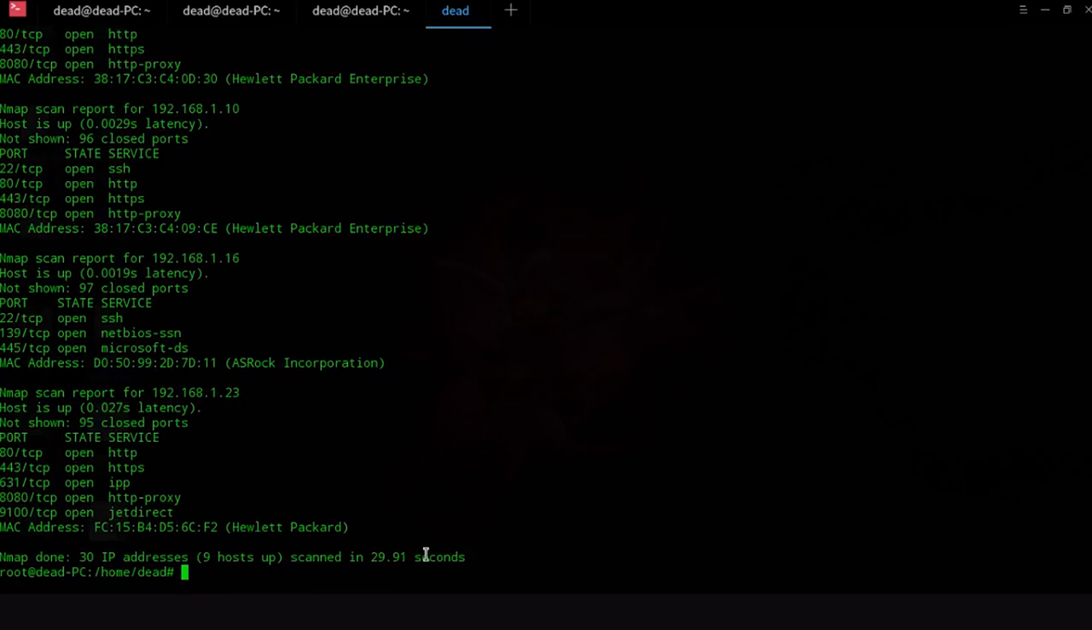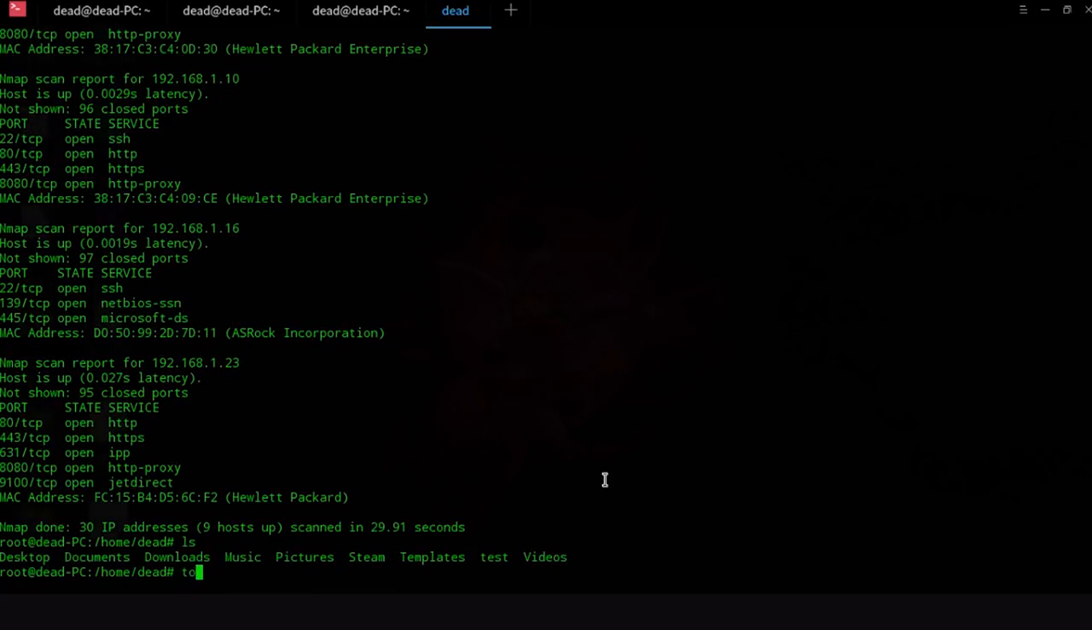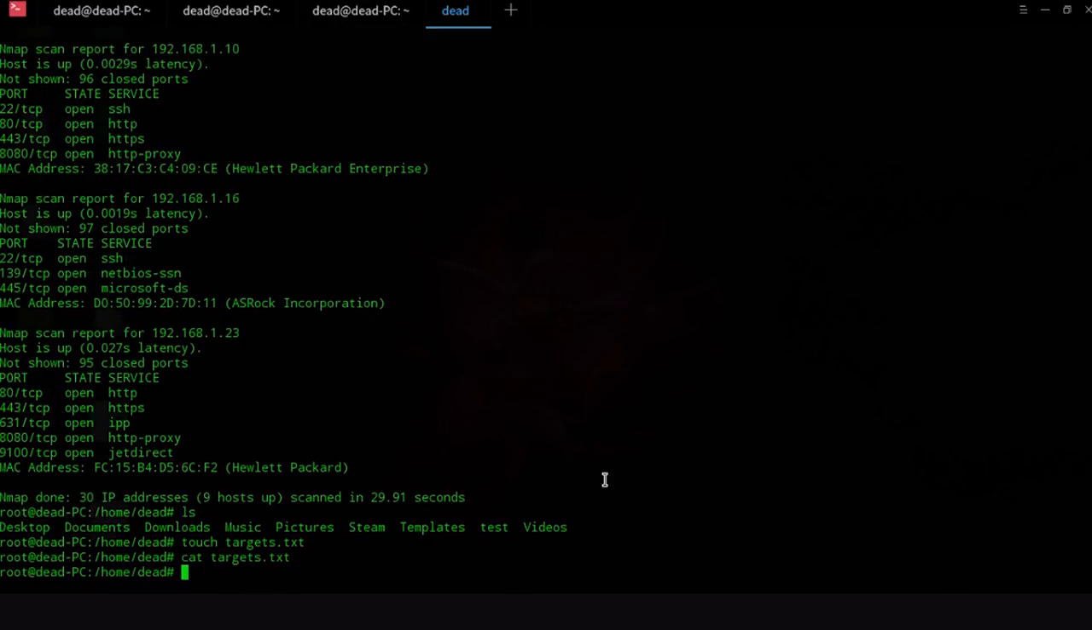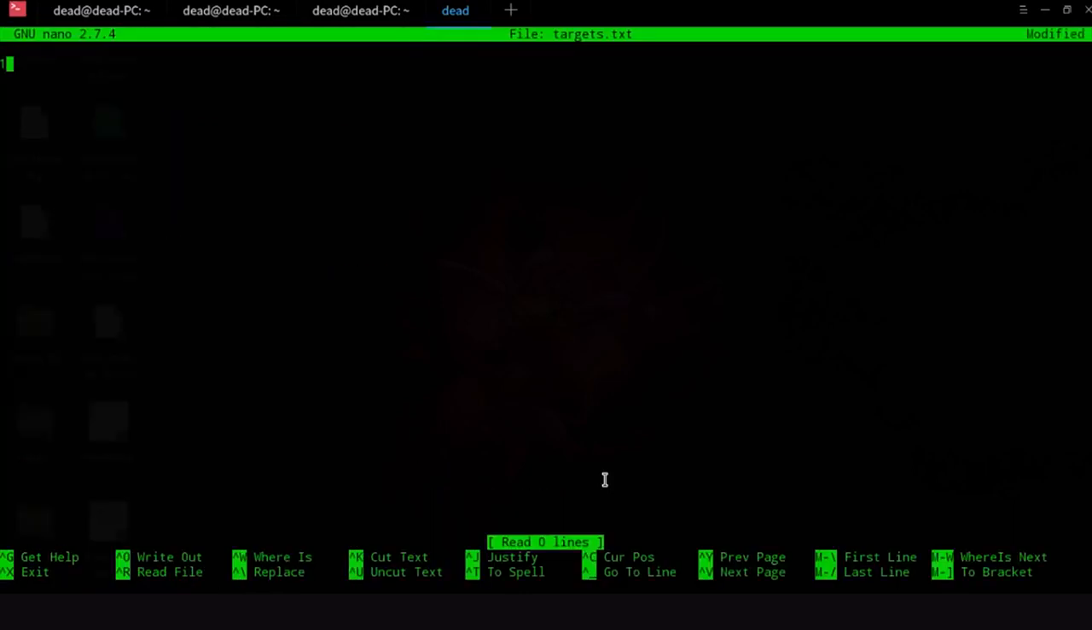Now, you can also give nmap a target list. Let me make a target list, targets.txt. Let me just cat it out for you. So there's nothing in it. Now all I want to do is edit this file, so let me just edit that file and put in